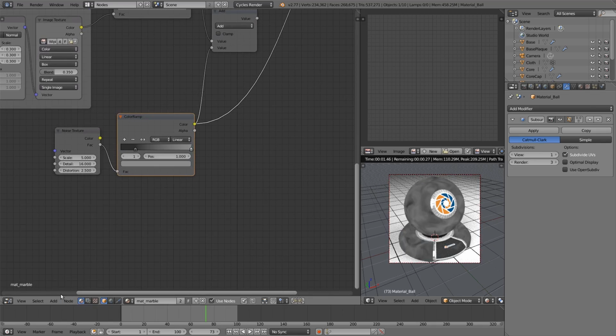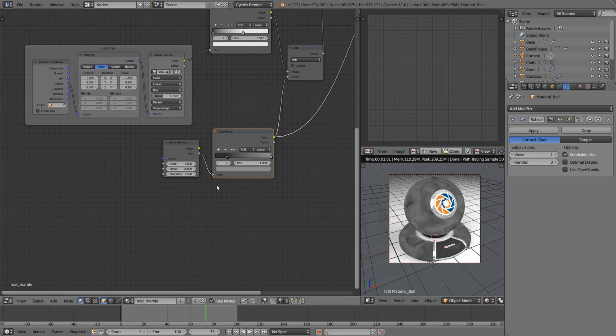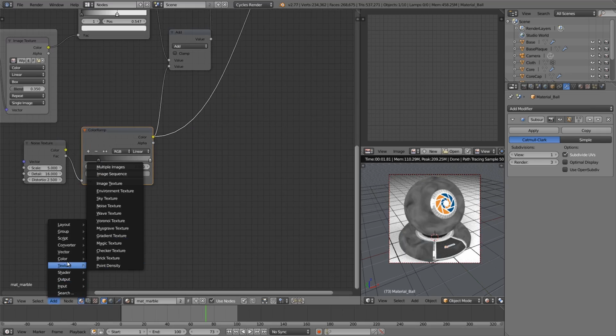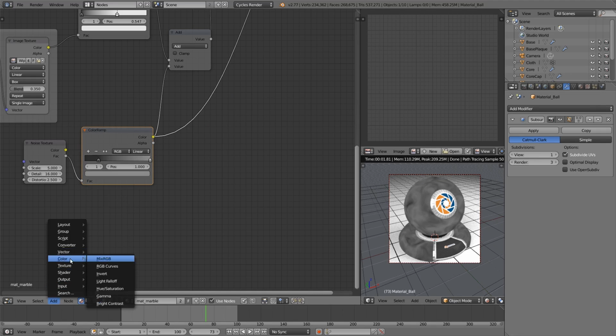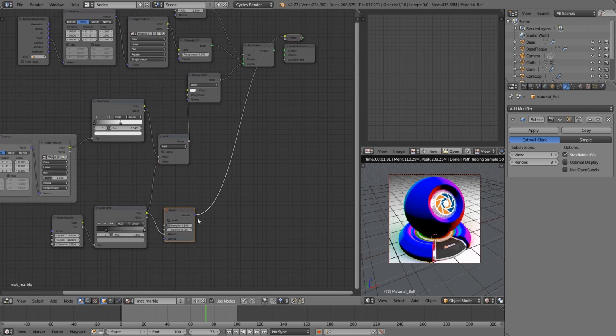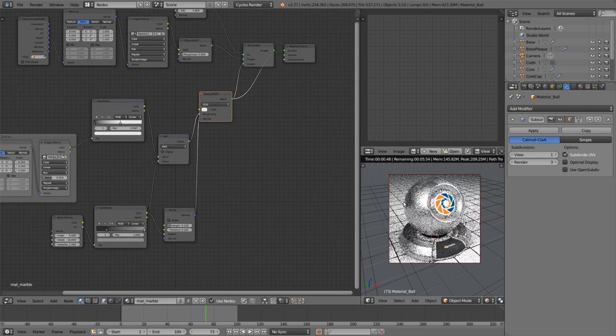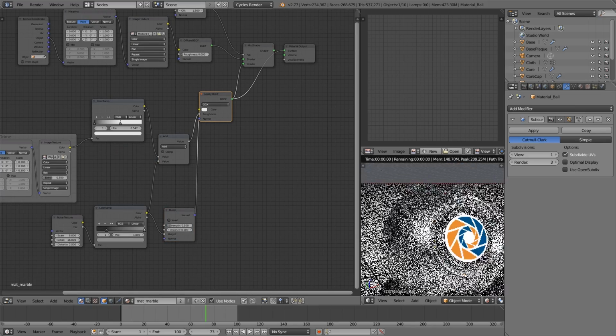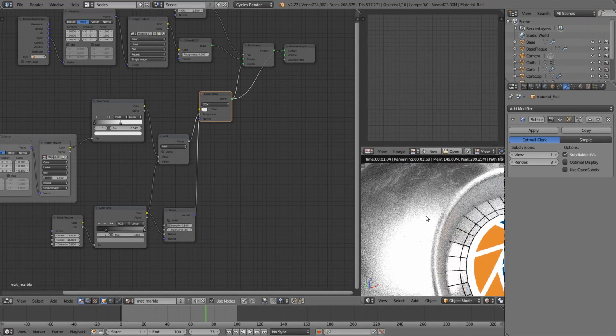But it doesn't end there. We're going to take this value and we're going to use it to create a very, very slight bump, just to exaggerate that kind of less than clean surface. Vector bump. Make sure that's in the height. Turn the value down to about 0.1. Even that's probably way too high. Drop that into the Glossy Shader. And now, if we zoom in,